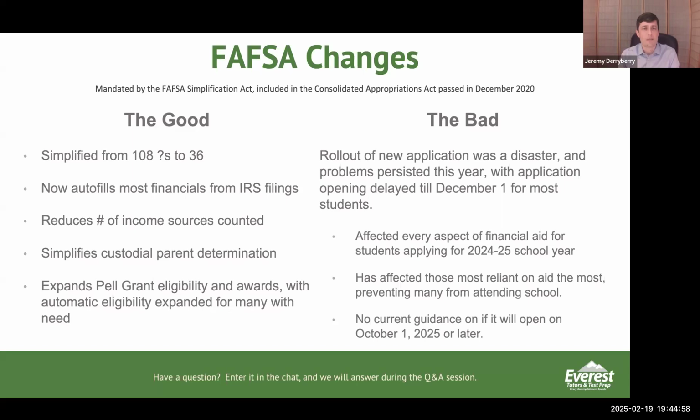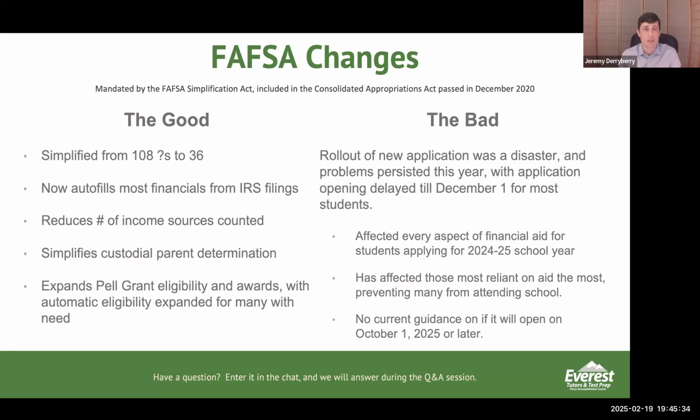Despite that delay, it does appear that schools are better prepared to handle that this year. And hopefully by the time that you all are applying next year, they will have reverted it to October 1st. One of the last things that happened during the Biden administration is they passed a law that said that this does have to be available by October 1. Whether or not that actually happens, I can't guarantee for sure, but hopefully for you, things will go more smoothly this year. They seem to have worked out a lot of the kinks that were in place before.